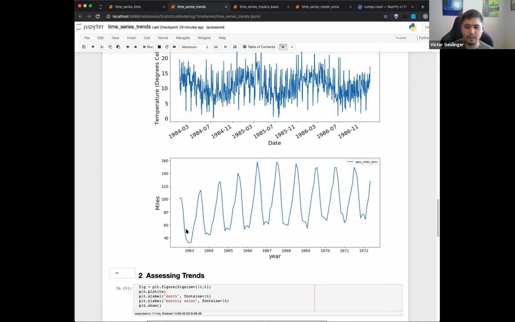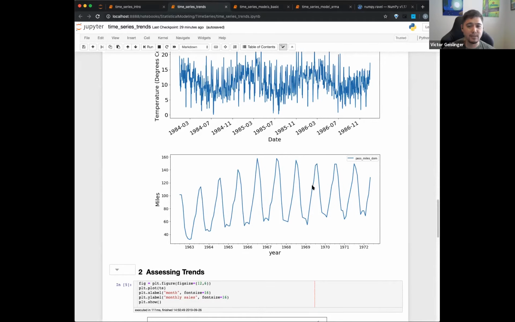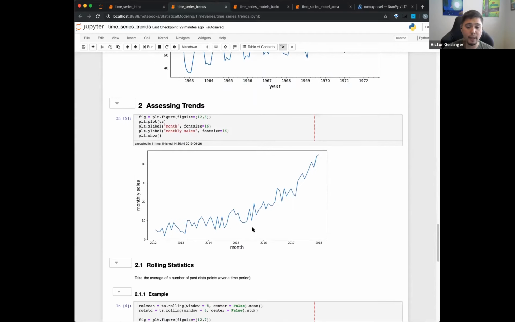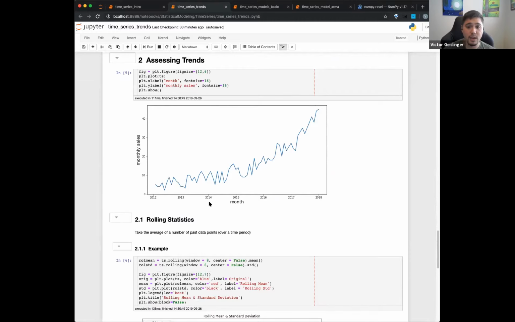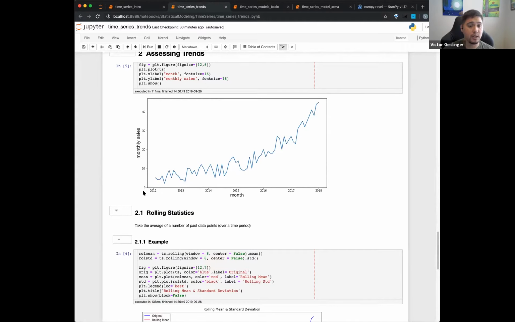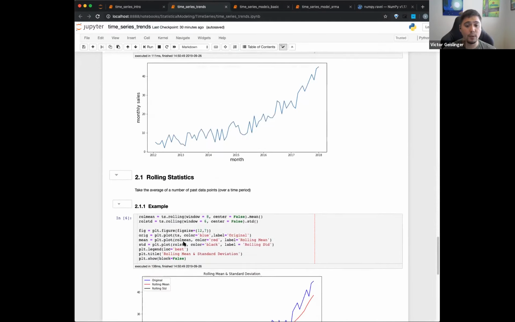But there definitely seems to be something else here as well. For example, it seems to be going up and then seems to flatline. And maybe there's something with the actual size of those fluctuations. Maybe that's an adjustment too. So this might have some extra trend beyond just being periodic. Okay. So again, continuing from last time, we assessed our trends. We took this one right here, which is our New York Stock Exchange, which sees an exponential trend. We looked at rolling statistics.